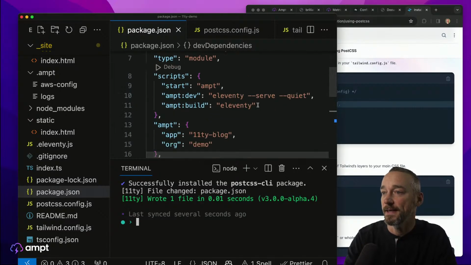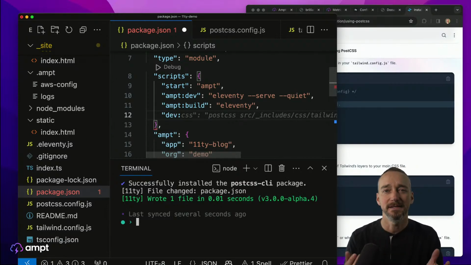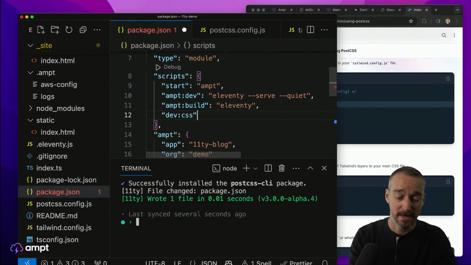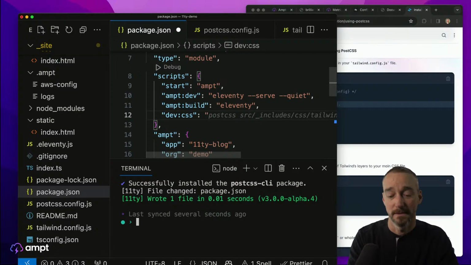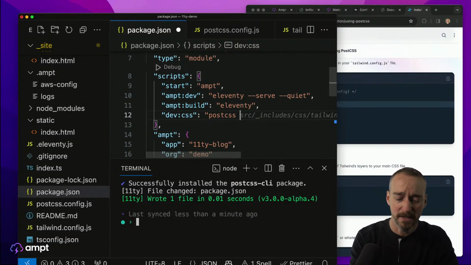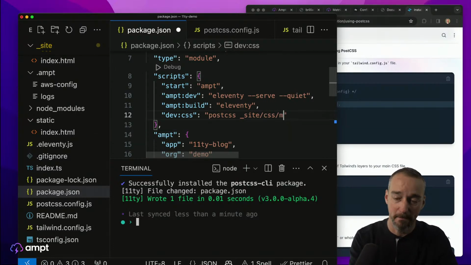and create a new script here, and we're going to call this dev. This is just so we can do something a little bit later that allows us to run multiple scripts in parallel. So we'll call this dev:css, and then we will do postcss. I think we just need to run postcss, and then we're going to grab this from the site directory and from CSS. And we called it